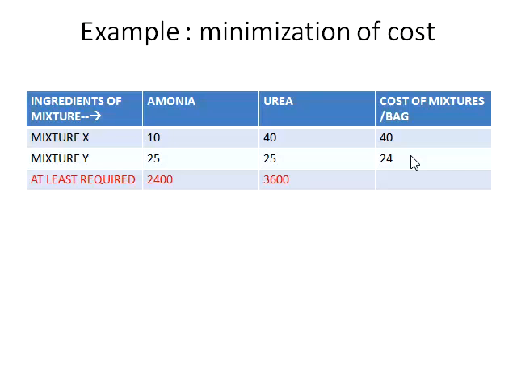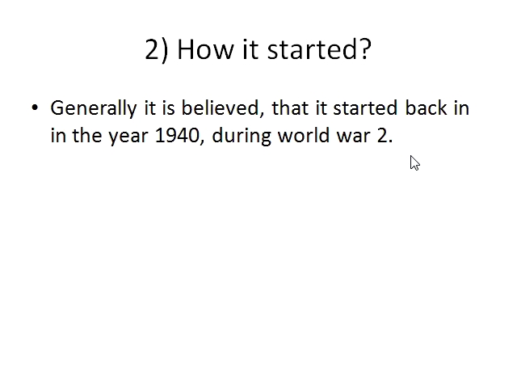During World War II, because of scarcity of resources, the British Army wanted efficient utilization of resources, because this involves lots of money. So what they did, they brought in more scientists, operation research scientists, and they started doing work on operation research. So linear programming actually started in 1940, but there is evidence operation research had existed earlier also. On a lighter note, we can say that history has also suggested that LP is used when there is scarcity of resources.